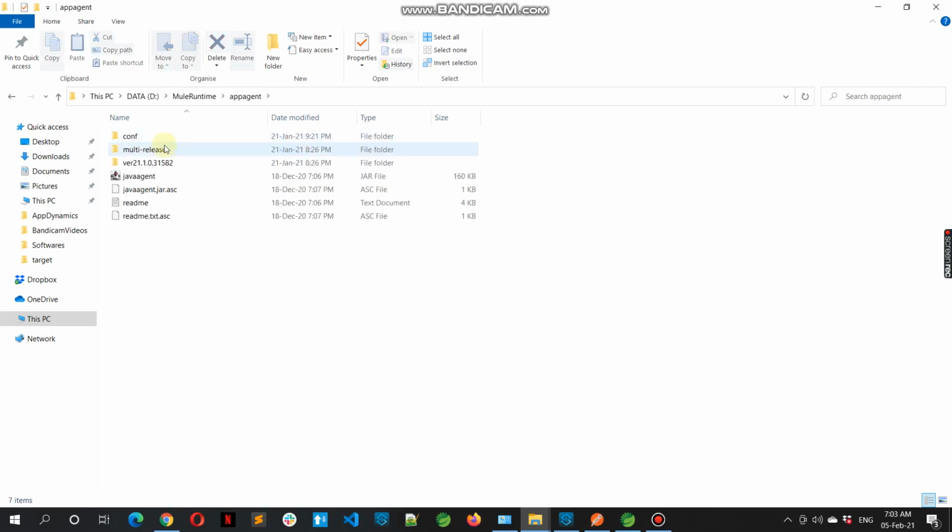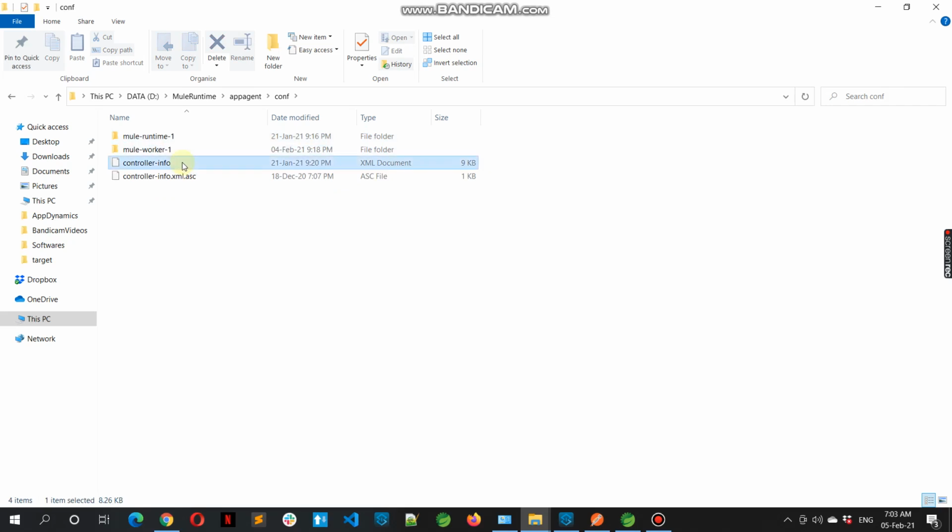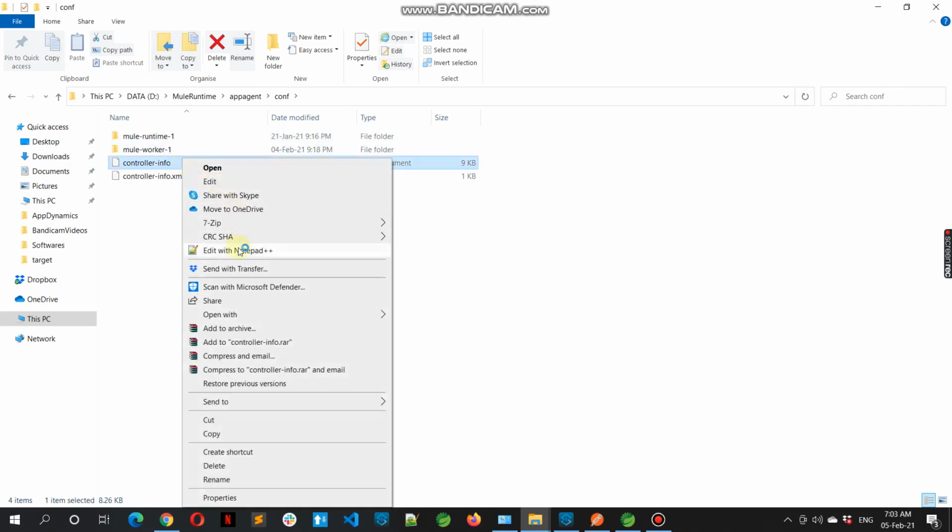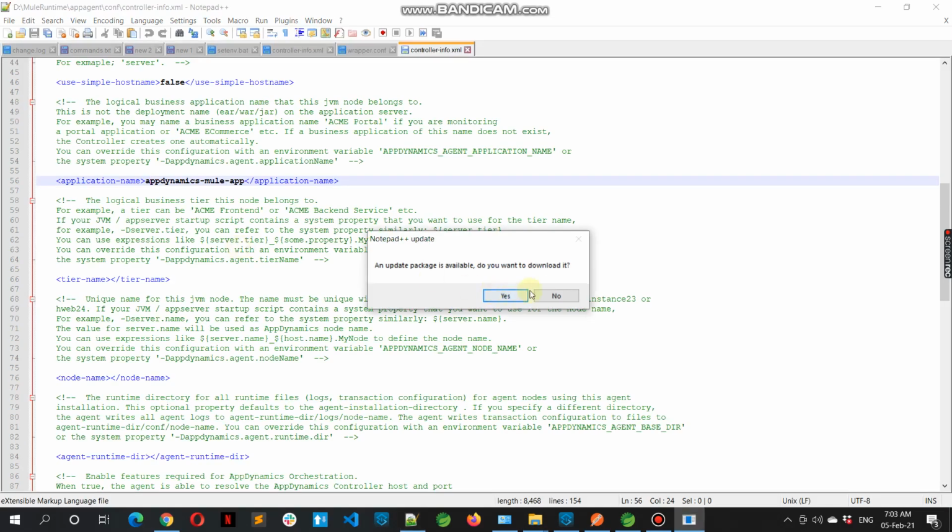Inside the app agent directory, we have javaagent.jar. This is the main jar file which will be configured in the Mule runtime instance for sending metrics to the AppDynamics controller. Okay, and if I go to the conf folder and open this controller-info.xml,